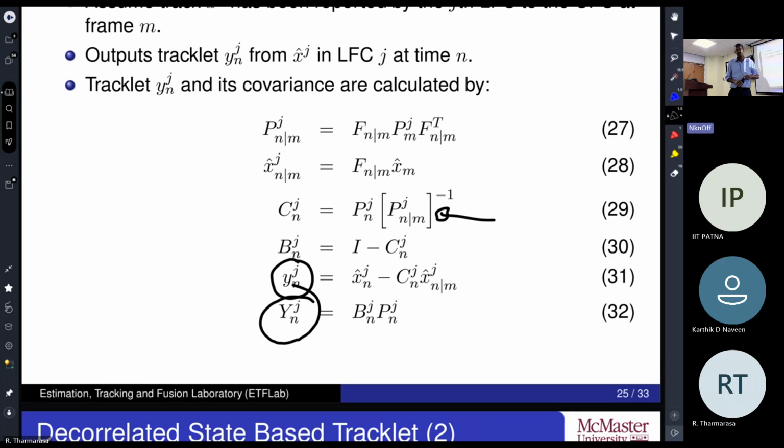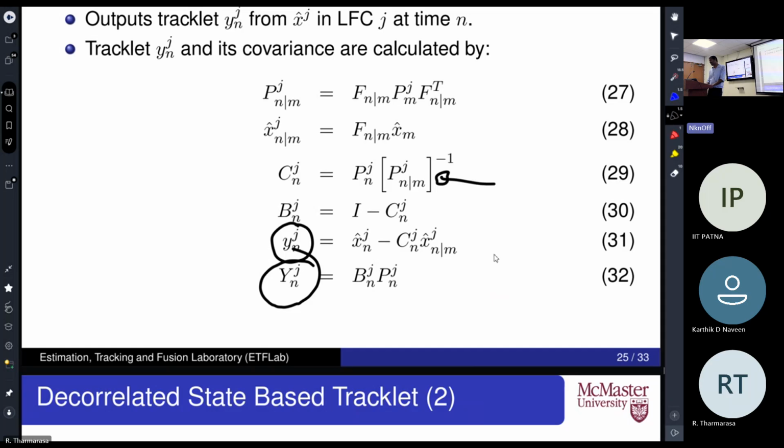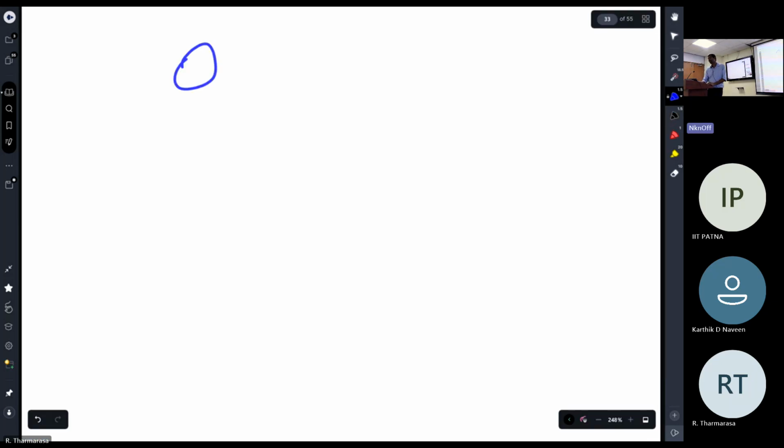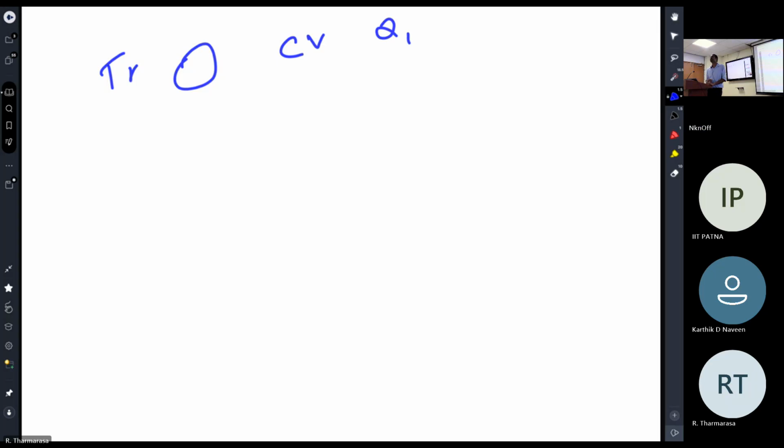That's what I always say: track-to-track fusion is the harder problem. The reason is that the local tracker may use a constant velocity model with Q1. In the global tracker,